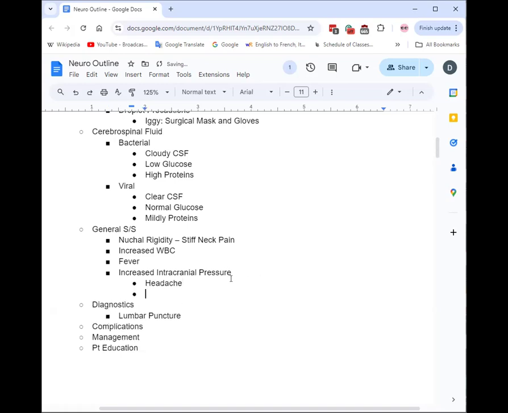And then there's another sign and symptom that can be really big with increased cranial pressure. I'll see if you guys eventually mention it. Sebastian mentioned vomiting, exactly. So nausea and vomiting is a big one. Even projectile vomiting can be a good one. Altered level of consciousness is going to be one of your first signs and symptoms of increased ICP. Someone already mentioned photosensitivity, so that's good. Anything else you guys can think about?